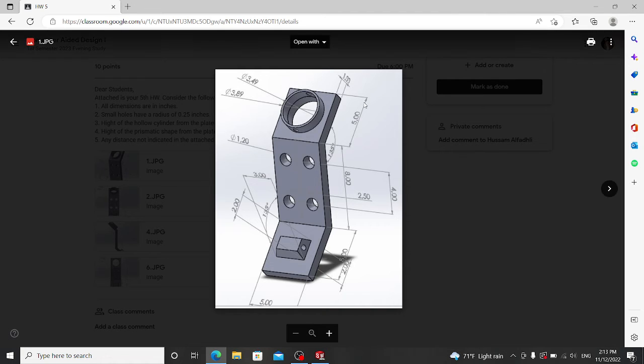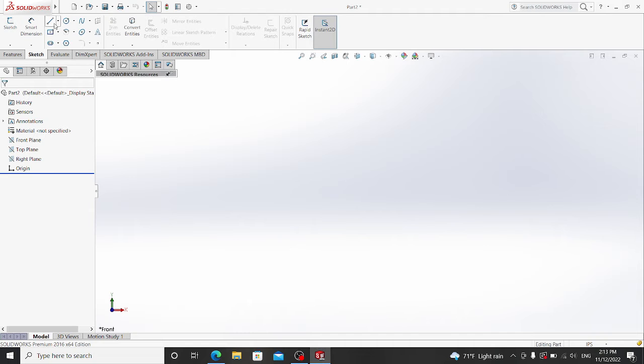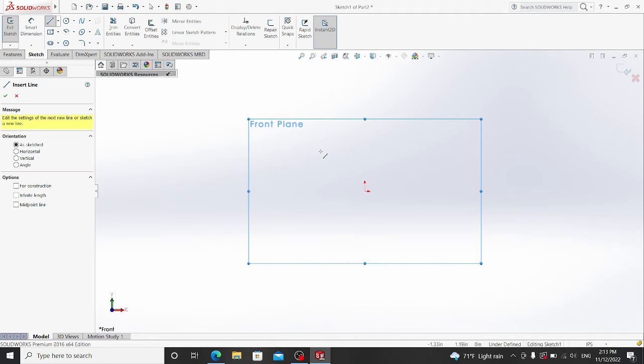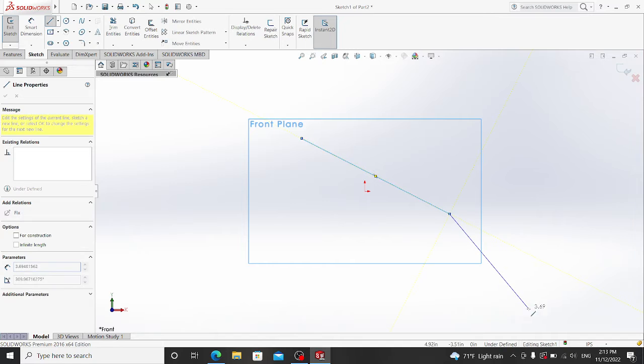So I'll begin with this line equal to 5 inch, and the second line equal to 8 inch, and the third one equal to 5 inch also. Okay, now I'll choose the front plane and draw the first one. As we said, it is equal to 5 if we remember. This 5 inch, and the second one is equal to 8 inch,